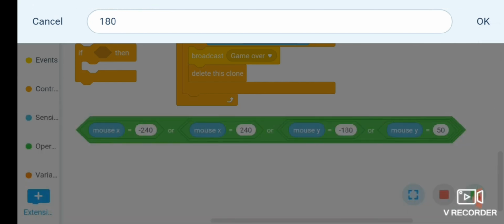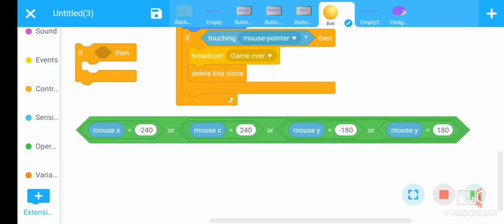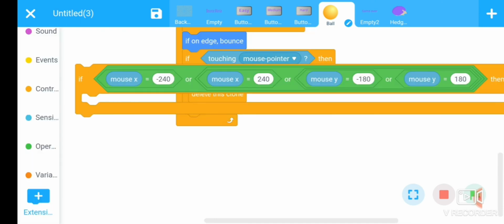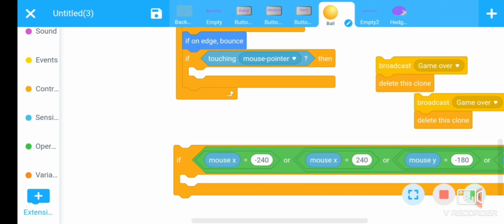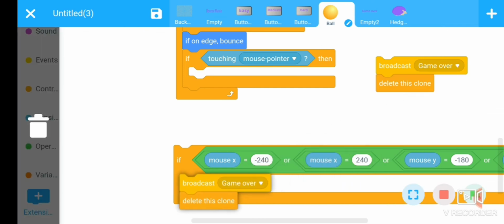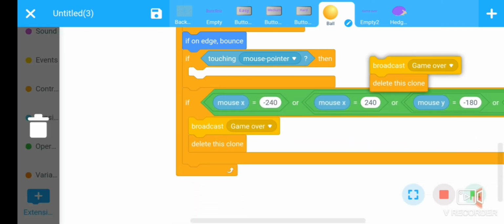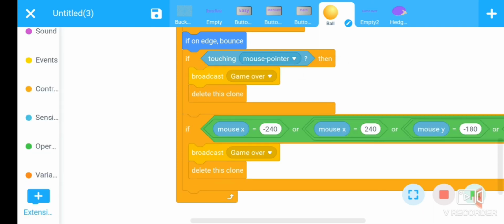Okay, fine. Put this inside the if then statement and create a duplicate here, put it inside this one also. Okay, fine, and save it. Now start the game.